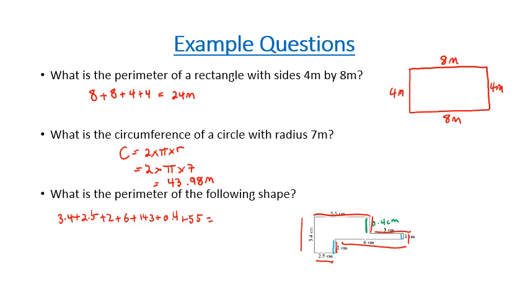Now if we put that all into a calculator, we would have 3.4 plus 2.5 plus 2 plus 6 plus 1 plus 3 plus 0.4 plus 5.5, and that's going to give us an answer of 23.8